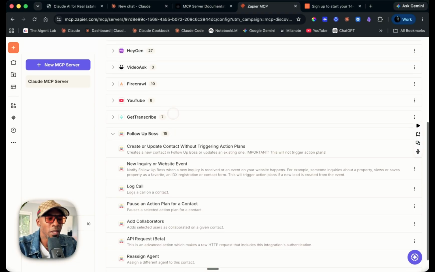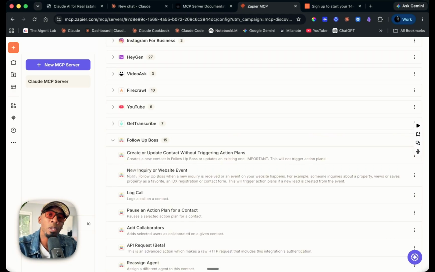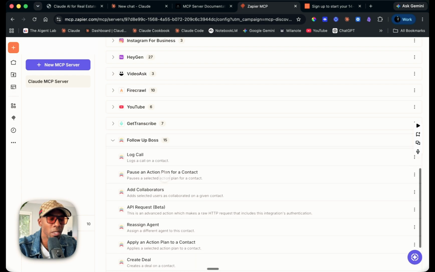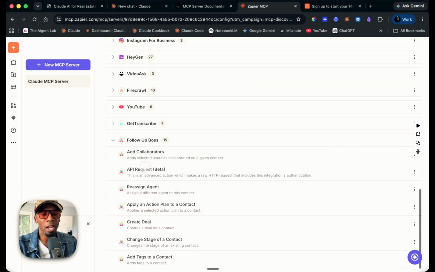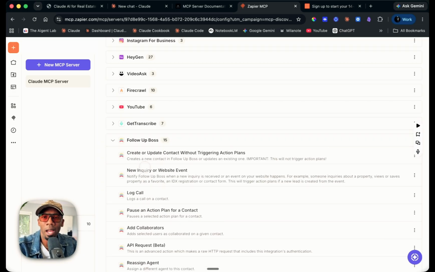Right. And here's something you want to pay attention to. Whatever CRM you're using, pay attention to the connectors. There are certain CRMs that don't give access that I think it should give, where we're not just looking at leads, so we can actually pull leads. We create updates, log calls. There's a lot that you should be able to do. Create notes. It should have a lot more API keys and access inside that CRM. If the CRM has like two things it can do, like pull a lead and make a note, that's not going to benefit you much at all